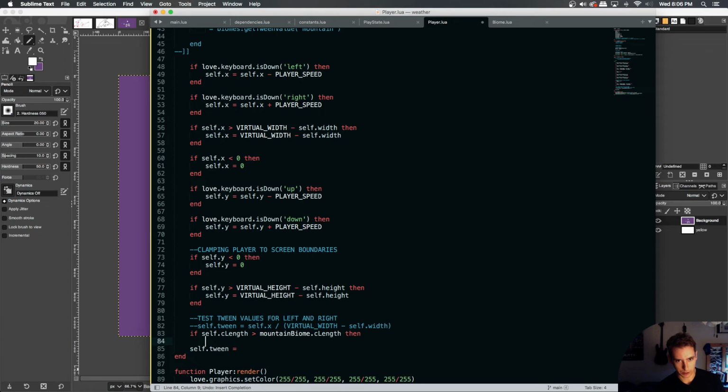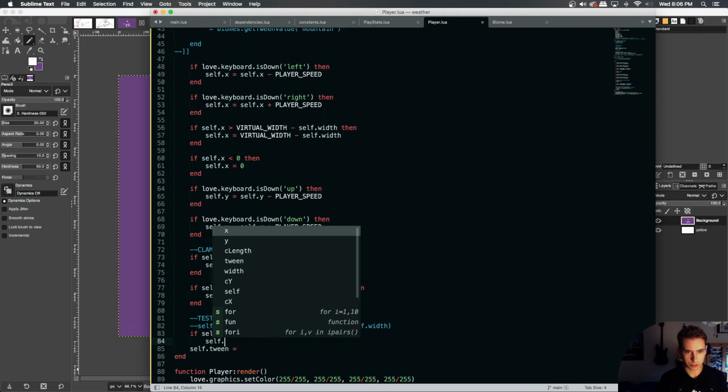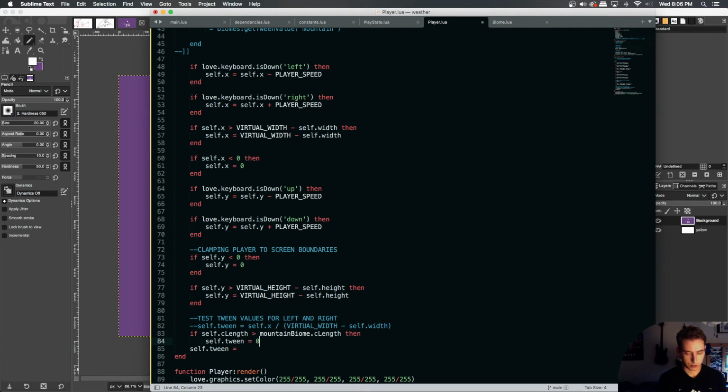Or if our cLength is greater, then our tween value is just going to be set to 0. It has to be, because the hypotenuse of our character is bigger than the length of our biome marker, so tween value will always be 0 in that case. So we need to say else, if our tween length is smaller,